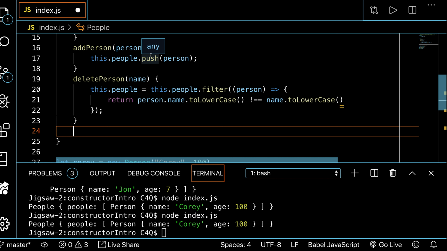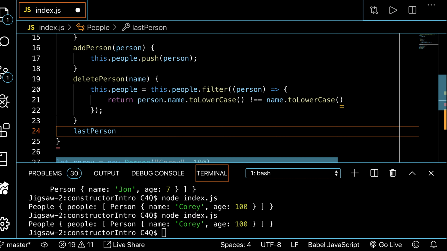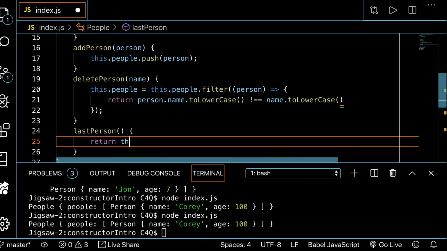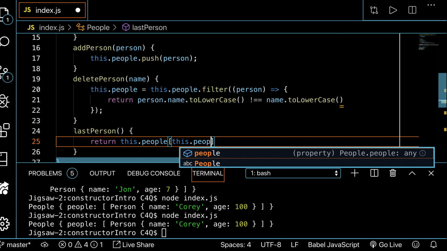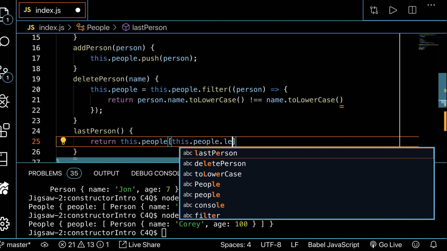So I can know for sure that the last person that was added is going to be the last element in the array. So, okay, I'll say lastPerson. It doesn't take an argument, and it will return this.people at the index of this.people.length